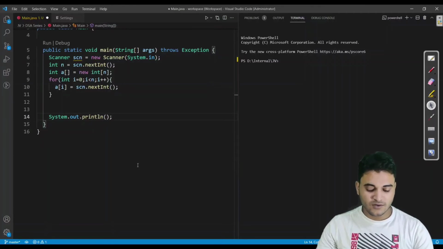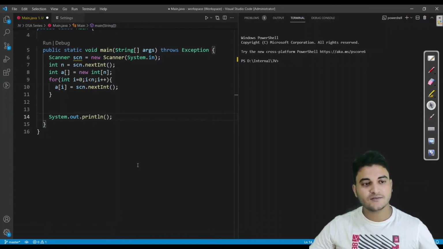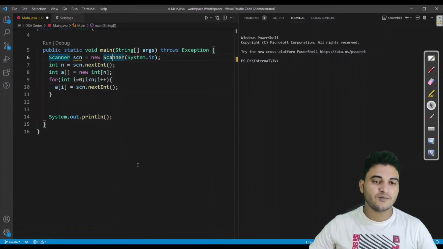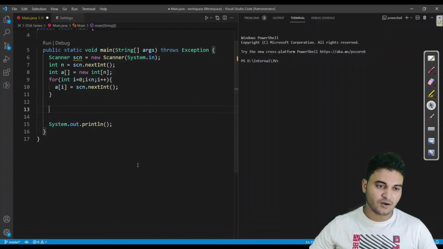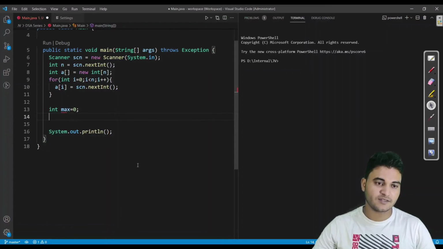So let us code it up till now to see whether this is working or not. So till now what we have done, we have taken input from the user, which is n, and we have asked the user to enter n numbers also. So we have stored all the numbers inside our array. Now first of all we have to get the maximum. So I am writing code for getting maximum, and I would not be explaining that code that much because I have already discussed the approach for getting maximum.